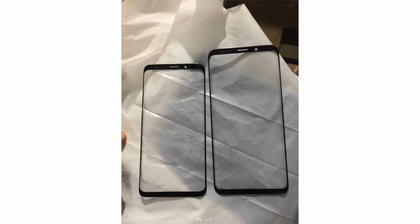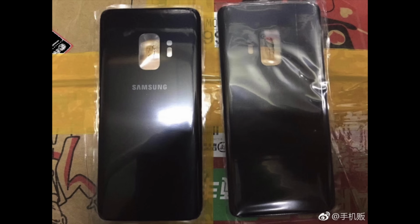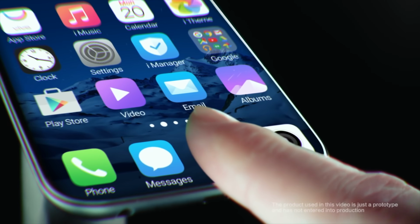Although from the front, from a distance, you will not be able to tell. It's just such a minimal amount of bezel that was removed. Although I will take as little bezel as possible. It would have still been great if they followed the iPhone X and just cut away all the bezel on the bottom there. Now, it was rumored in the early days that the Galaxy S9 would be Samsung's first phone